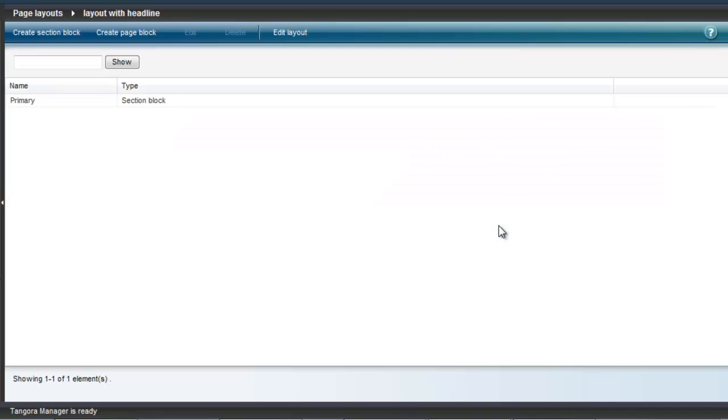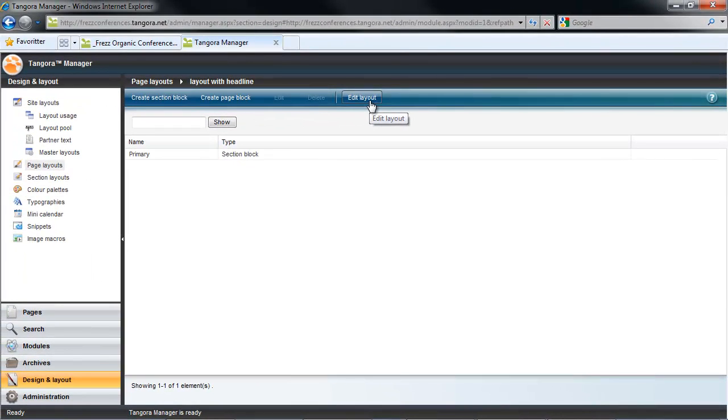And then I come to an interface where I could specify section blocks, which are areas in your layout that you'll be able to add content to via page editing. There's also a possibility of adding page blocks, enabling you to embed a page within a page to combine different functionalities on one page. But I'm going to return to that subject later. There's also a button here on the blue bar called Edit Layout, and here's where you'll open Visual Designer.